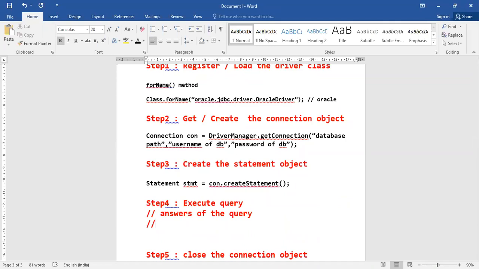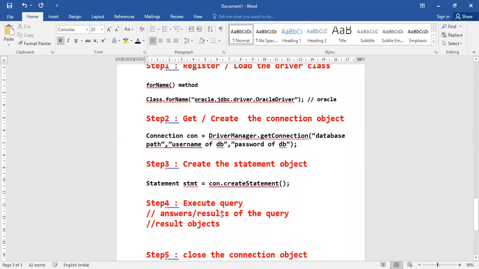Now, in JDBC, all the query answers will be returned as result objects. Another word for answer is result, results of the query.